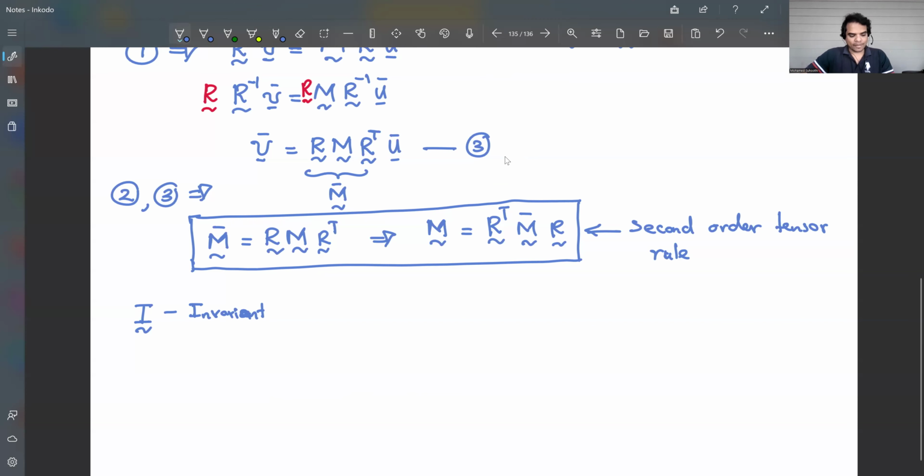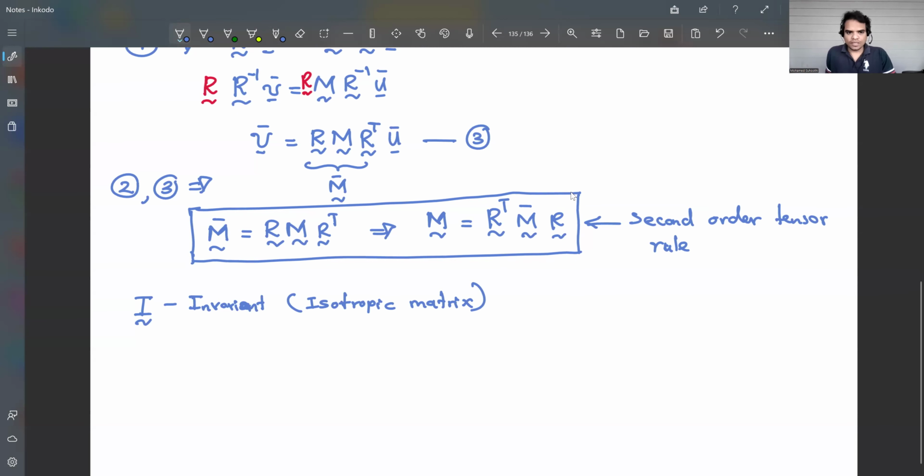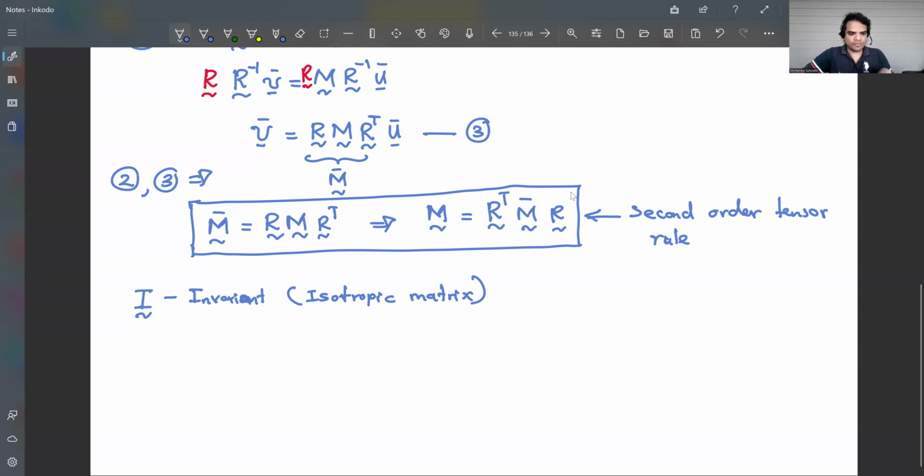Invariant with respect to the orthogonal coordinate transformation, right? Okay, so this is called the isotropic second order tensor, right? It's an isotropic matrix. So now we are going to generalize for any coordinate system, right? Okay. Before that,